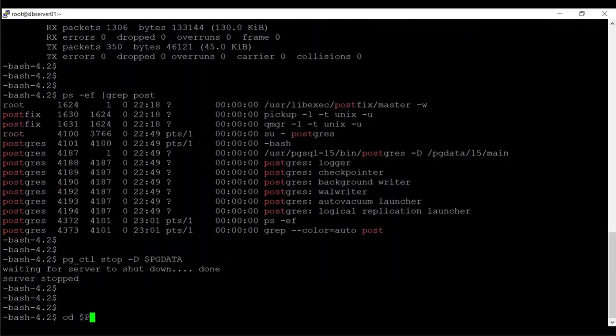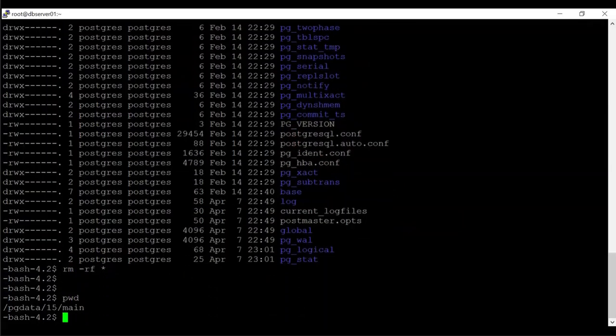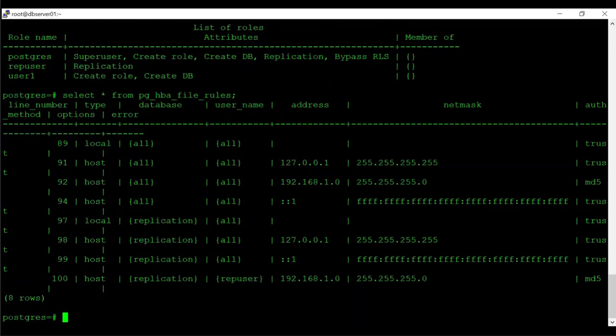So let me go to PGDATA and I don't want anything. I'm just removing rm -rf star, because I'm going to take my fresh backup in the PGDATA location. Instead of taking the backup from the primary and copying or transferring all the backup pieces to standby, what